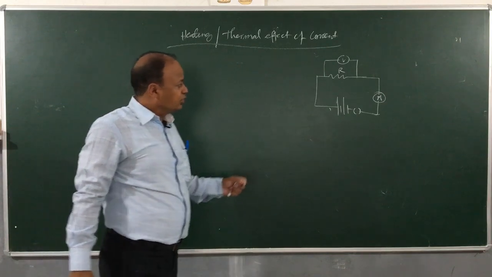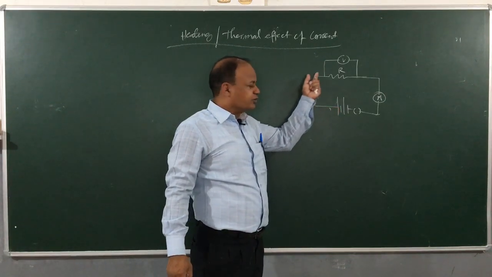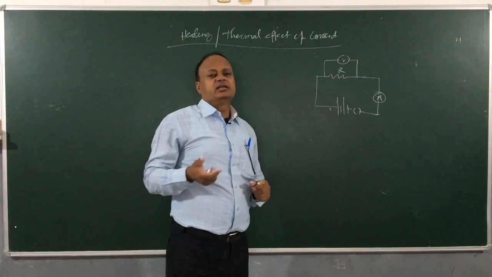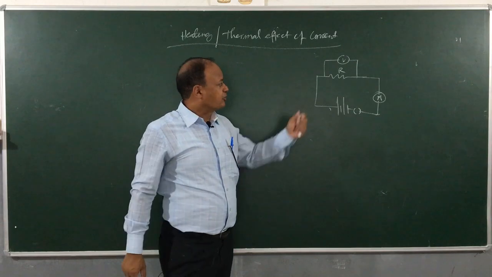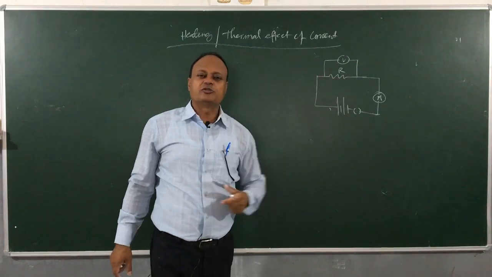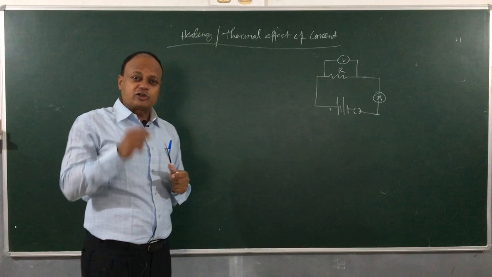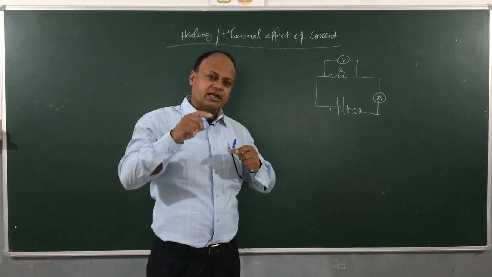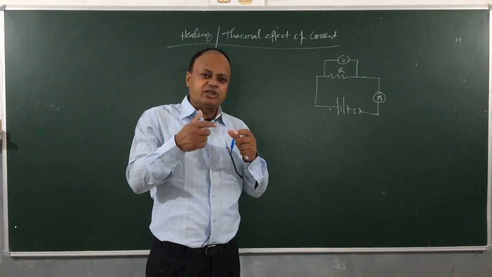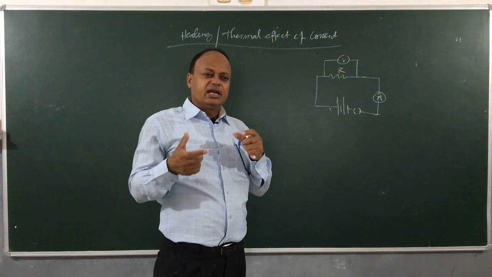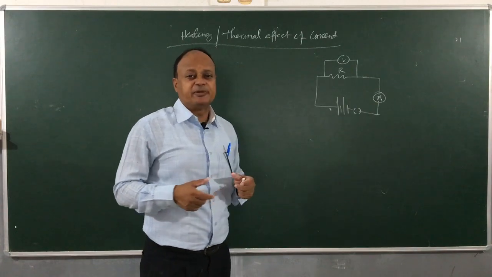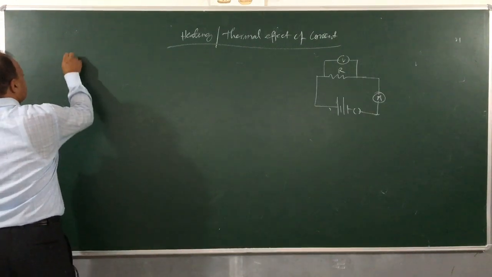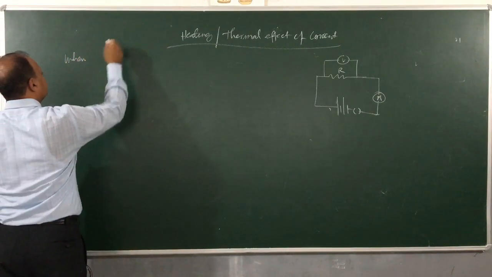Clear? So, children, as current flows through this resistance, some work has to be done. And why does some work have to be done? Because this resistance will offer opposition to the flow of charge carriers. Now, if you go microscopically, then you know that as charges move through the conductor, they keep colliding, impinging on stationary positive ions, and hence the heat energy is dissipated. Clear?